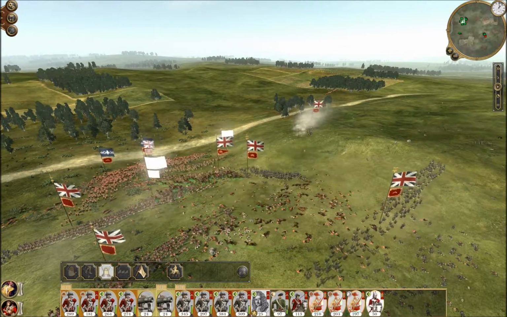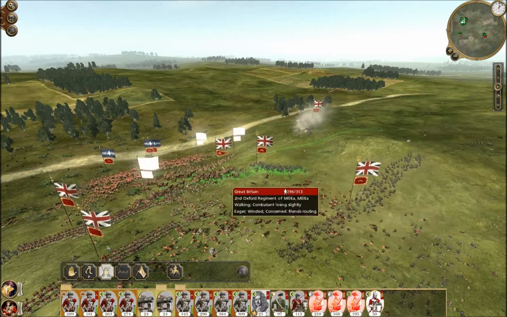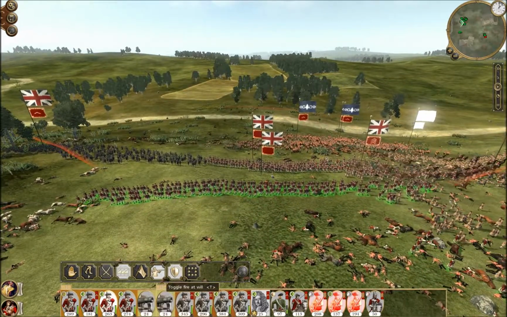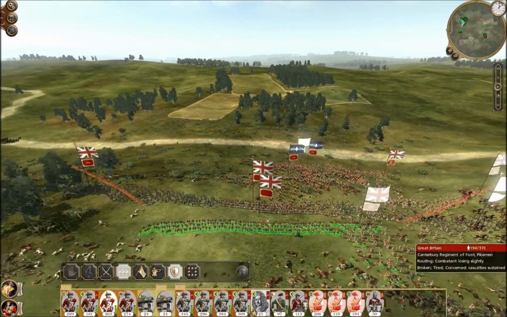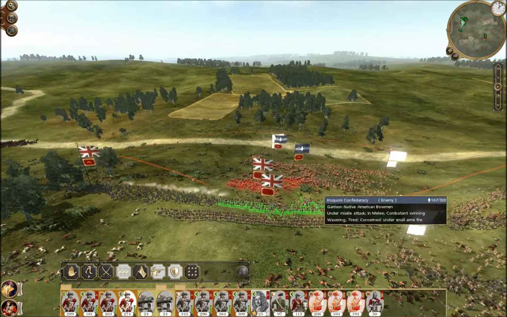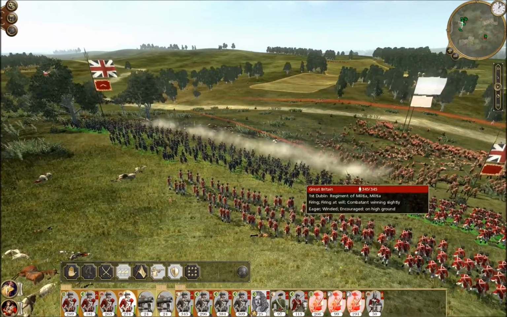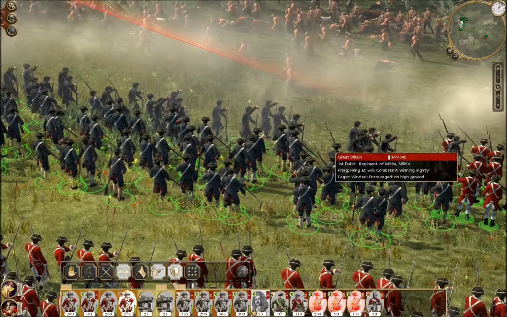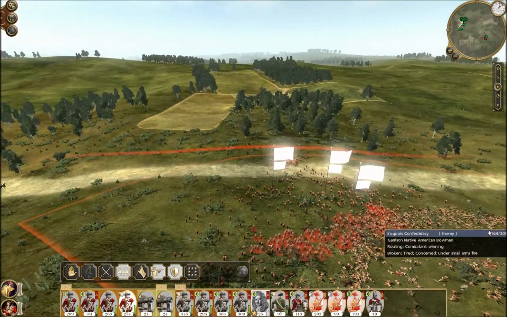Okay, let's take out my Colonial Dragoons from Nassau, the Bahamas. Let's turn off fire by rank and halt those troops. Okay, fire anytime you like. That's it, good lads. They're running straight into my cavalry, I think. Yeah, there they go. Let's see if I can...